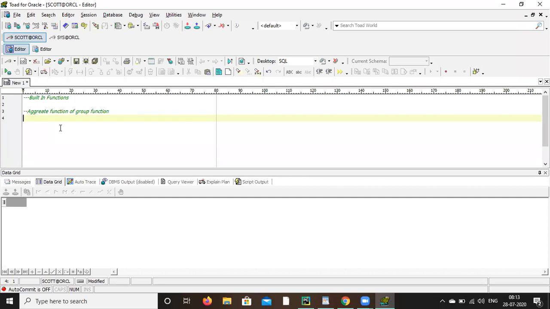So we have a few aggregate or group functions. Let's do one by one. Just do select star from EMP.